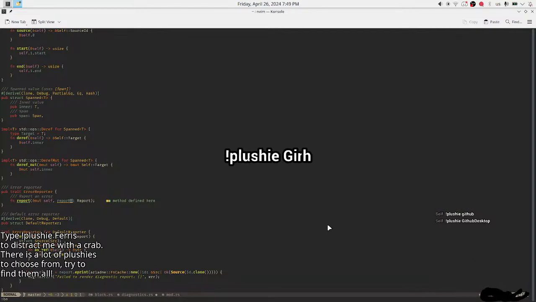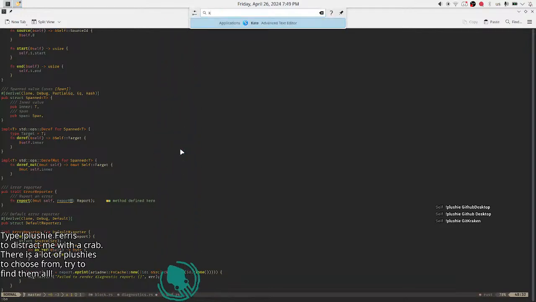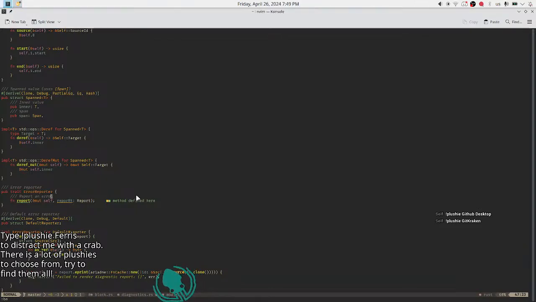Actually, GitHub desktop. No way, I've deleted it. Okay. Anyway, I have Git Kraken. Why does it look so weird? Like actual icon. I mean it's here. It's on black background. So yeah.